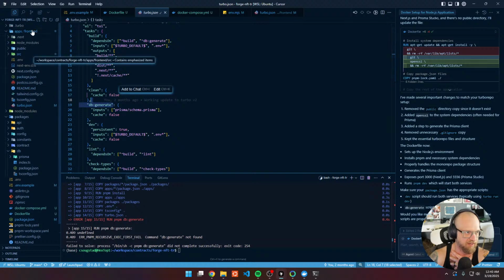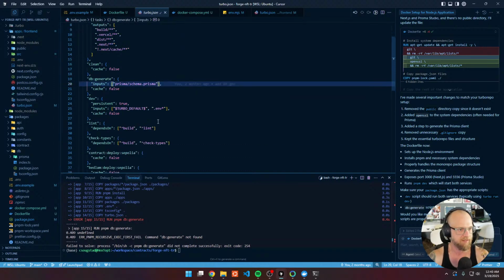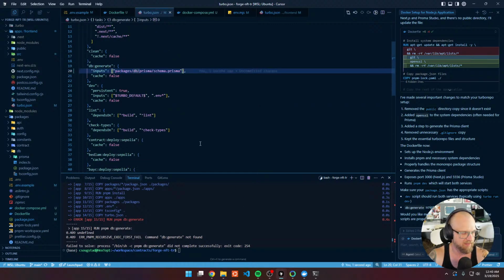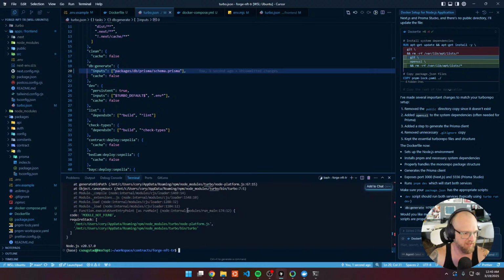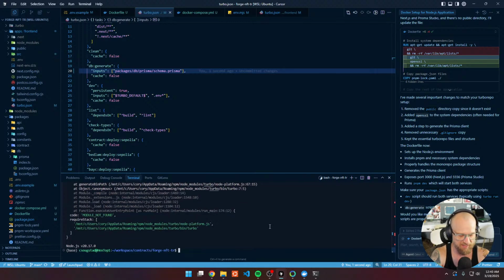And the inputs are not that though. The inputs are, sorry, I just, I'm assuming it's just db prisma. And then I need to run like, was it turbo db generate? Because I updated. Okay, let's